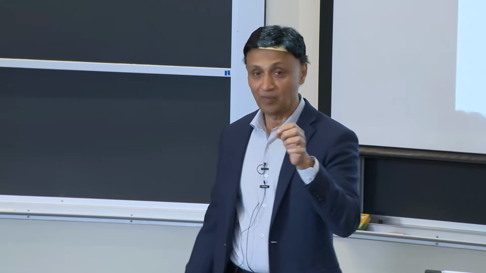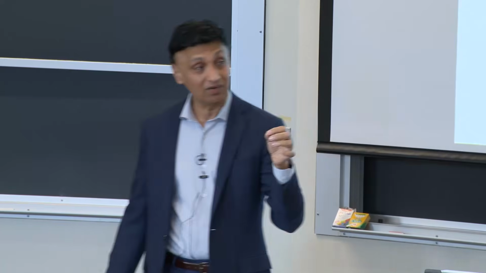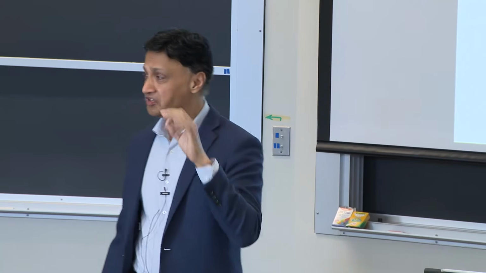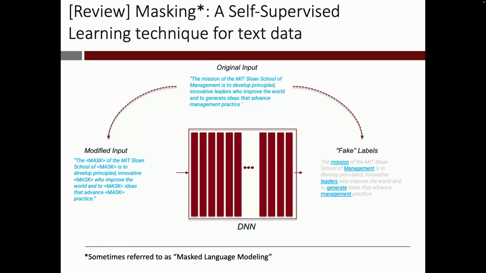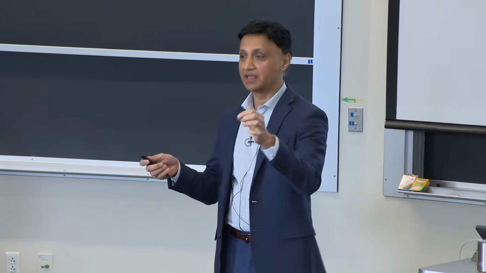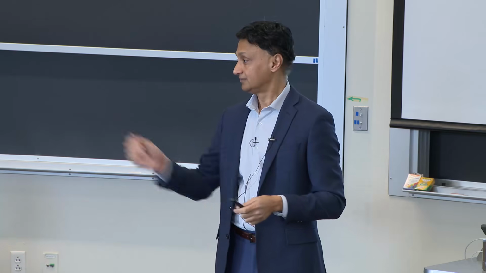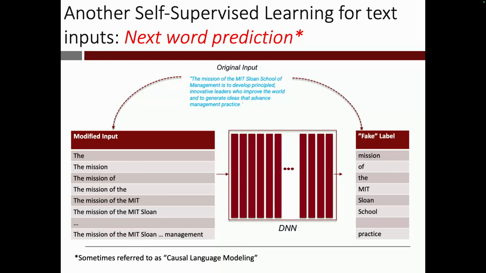That's masking. Now we're going to switch gears and talk about a different kind of self-supervised learning, which is different from masking, which turns out to be weirdly more interesting and powerful. Okay, so we are going to look at another technique, and this technique is called next word prediction. It is in some sense a special case of masking, where you take a sentence, and instead of randomly picking a word and making it a blank, you just take the last word and make it a blank. Then you send the sentence in, and have the machine fill in the blank on the last word, predict the next word. Okay? And you don't have to use full sentences for it. You can use parts of sentences, sentence fragments as well.